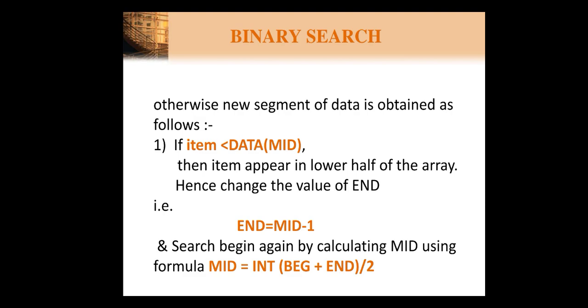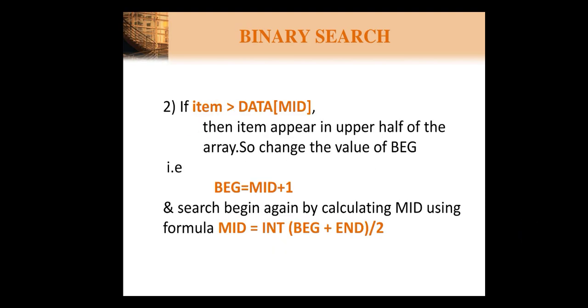So when we change the end position, at that time we get the whole array. So we need to divide that array again into two arrays with the help of the mid formula. So again we need to calculate the mid value. Understood? Now if my atom is not smaller than mid, my atom is greater than mid, in that case what do I have to do? If my atom is greater than mid, that means obviously my atom is present in the upper portion of the array, in the second part of the array.